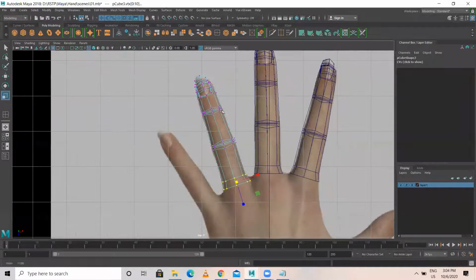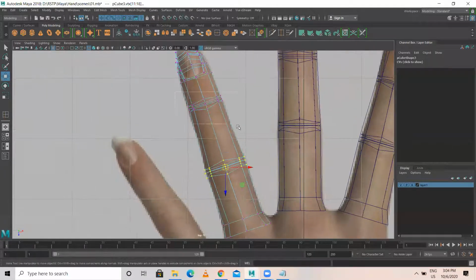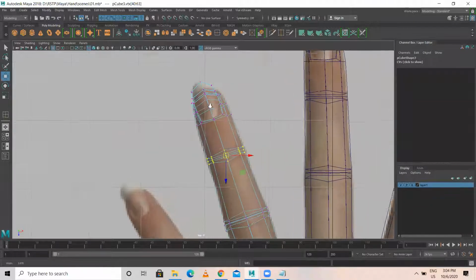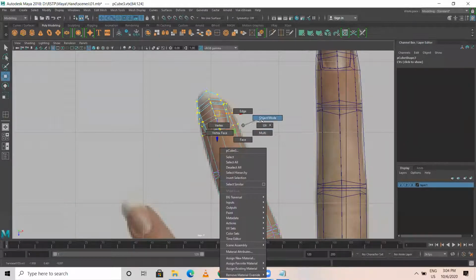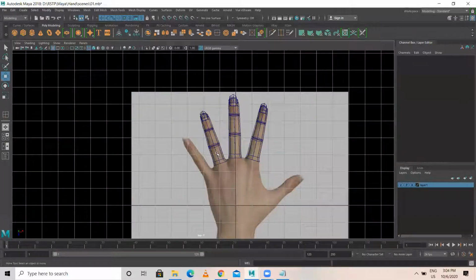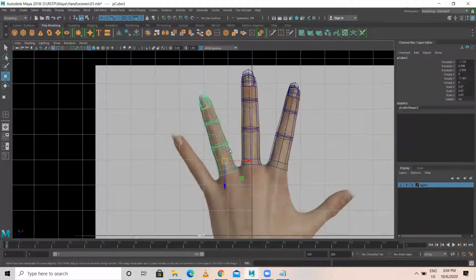So guys, today I'll be showing you only the finger part, and tomorrow I'll show you the thumb part, because human anatomy, it's not so simple. We need to understand. Okay. So now in the wireframe mode, you have to see whether it is proper or not.